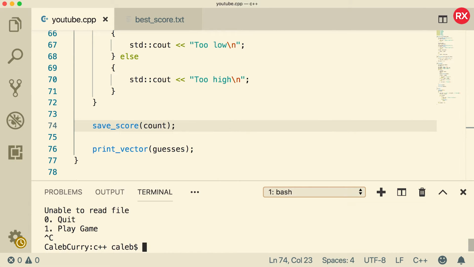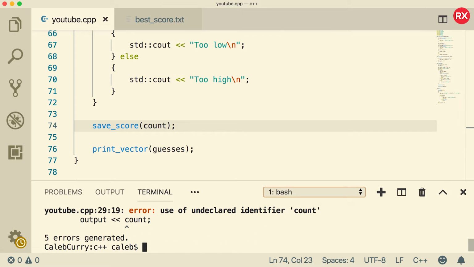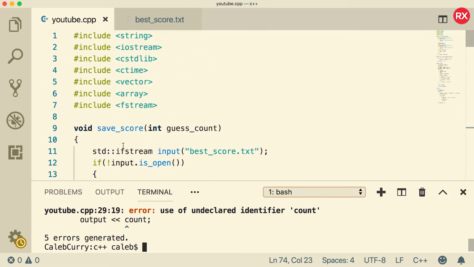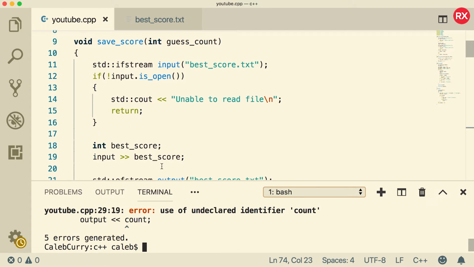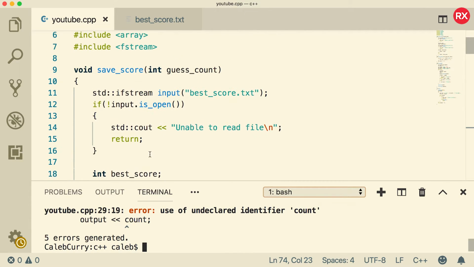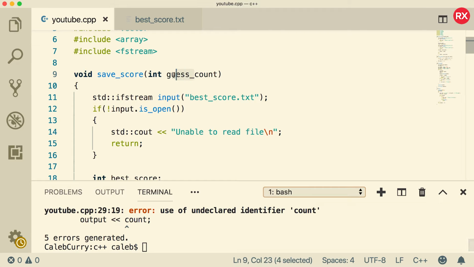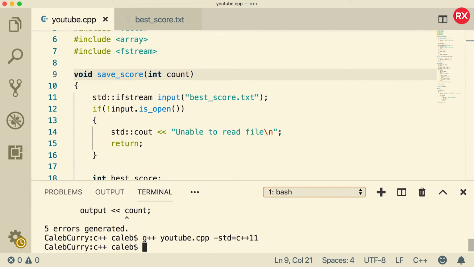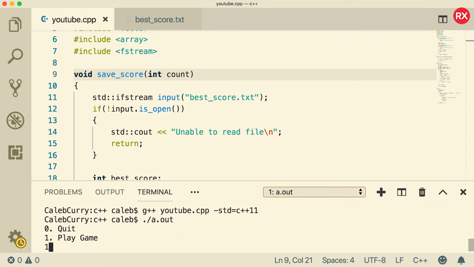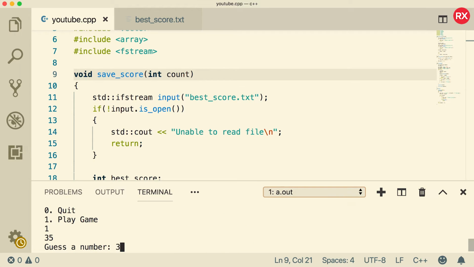All right, let's compile, see if it's still working. All right, so it looks like we have a name mismatch because inside of the code for the function, we're using the count variable that we had earlier, but we renamed it to guess count, so I'm just going to change it back to count, and it should fix everything. There we go. And we can run the application, play the game, and we can make guesses and everything like that. Now it says unable to read file because the file is locked,